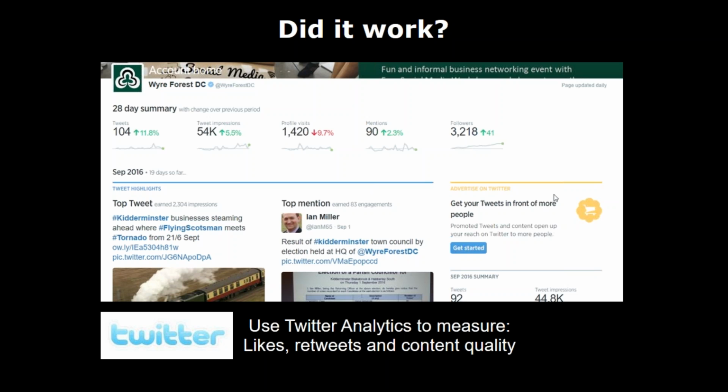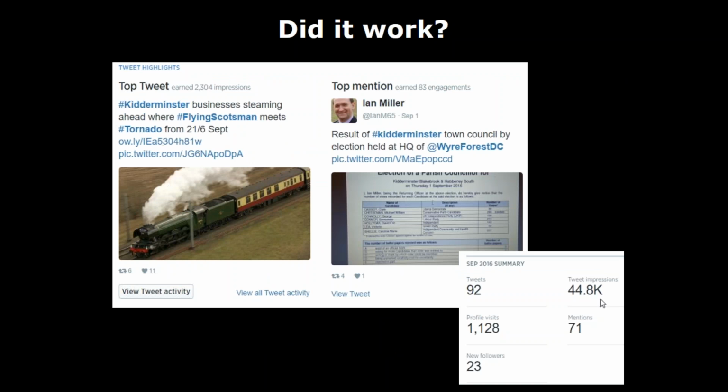And it will also give you a breakdown per tweet so that you can see how much engagement you've had with a particular tweet. And then often with companies, we would identify the top 3 posts on whichever their priority social media channel is, and then we would rework that into the next month. So again, you can see there, with one tweet here, this is an example from Wyre Forest District Council, and Ian Miller here. His top tweet: